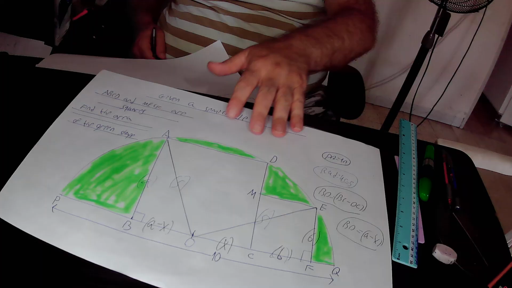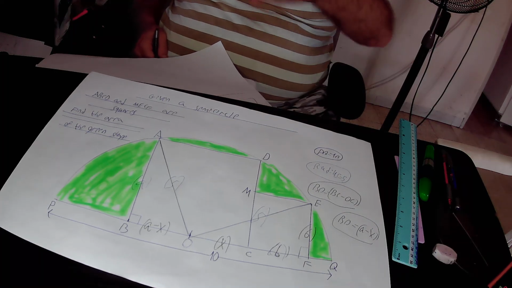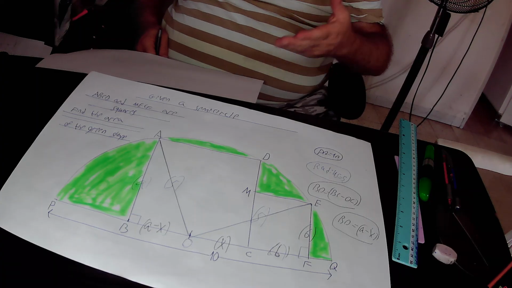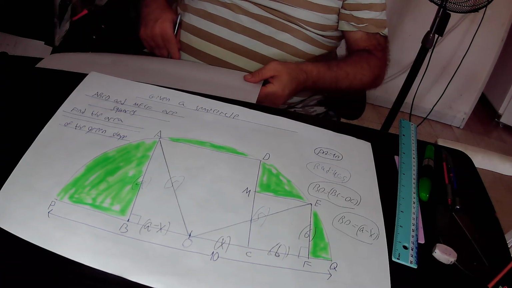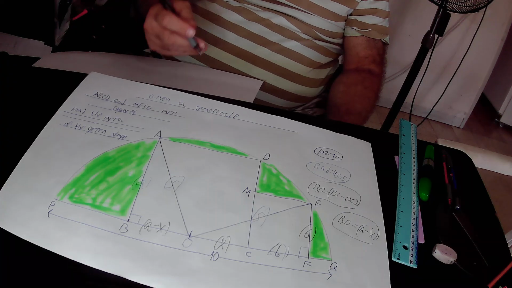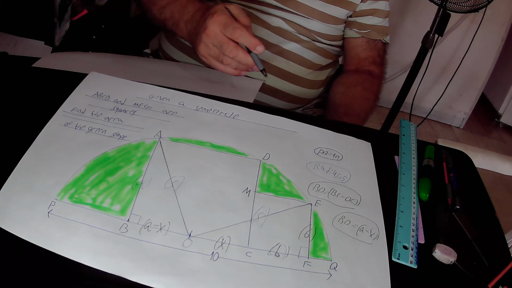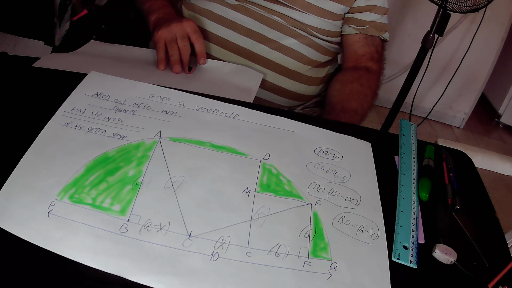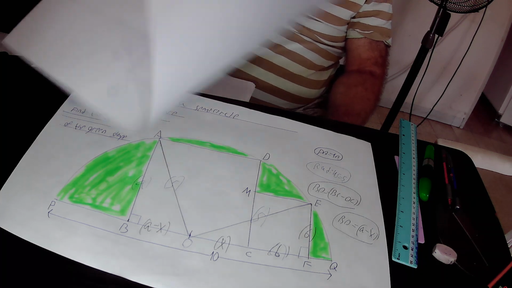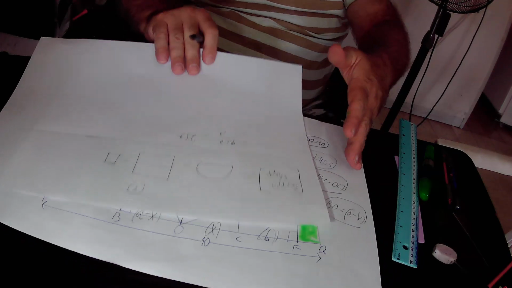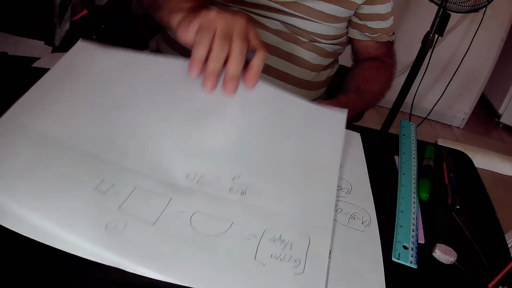What is the area of the semicircle? The area of any semicircle equals the area of the circle over 2. And therefore the area of this semicircle must be equal to pi r square over 2. But we have already found out that the radius of this semicircle, r, equals 5. So pi r square over 2 is pi times 5 square over 2, that is actually 25 pi over 2. So the area of this big semicircle is equal to 25 pi over 2 square units in size,